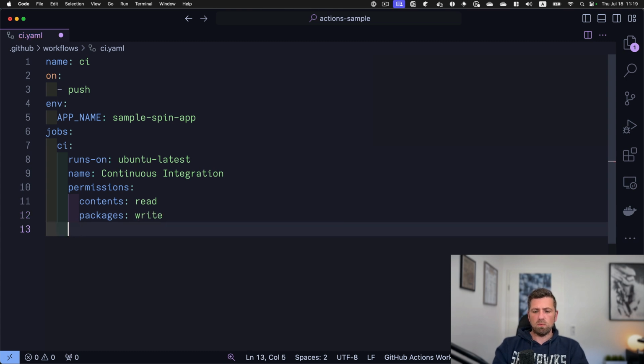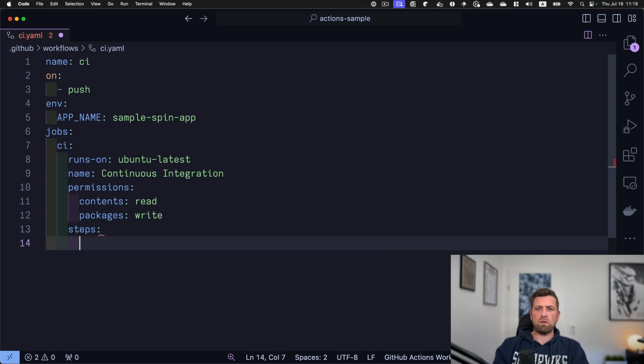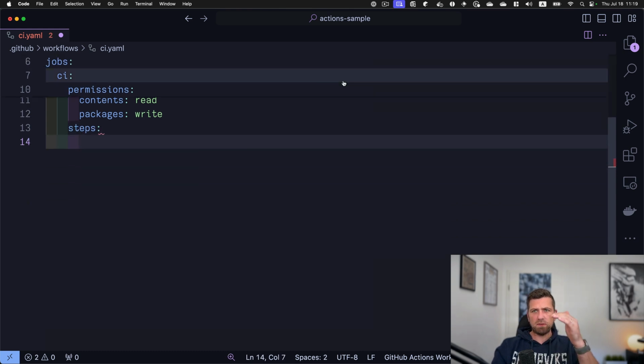With that, we can move on and take care of the steps of our workflow. So steps is an array of actions that are executed in the defined order. And first, we want to use actions/checkout in version 3 to get all the source code from our